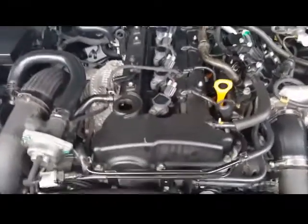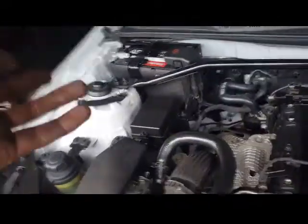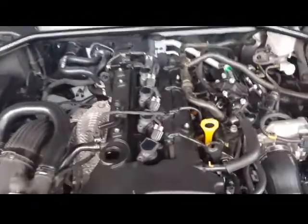All right, let me make a note again, just in case you guys forget. If you disconnected your battery's negative terminal, go ahead and put that back on. But if you didn't, you're good then. You can skip a step. But putting the bolts back in,